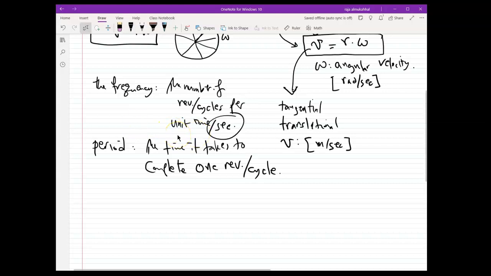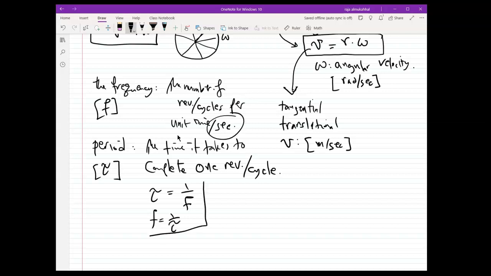If I designate the period to be the Greek letter tau, and the frequency the letter f, the relationship between them is basically the reciprocal of each other. So tau is equal to 1 over f, or f equals 1 over tau. Okay? So that's another relationship that you want to keep in mind between period and